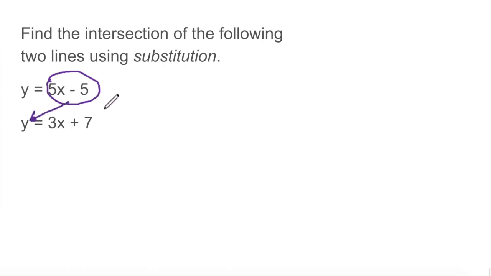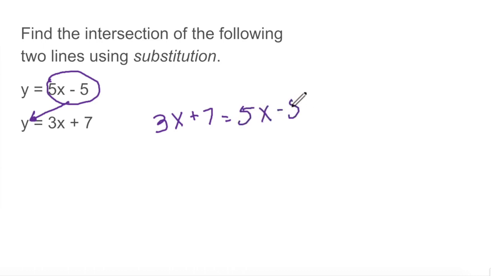In other words, when we have two equations in slope-intercept form, we set the two x sides of the equations equal to each other. If y is equal to this, and we're looking for the intersection, we can just put this in this equation for y. So 3x plus 7 equals 5x